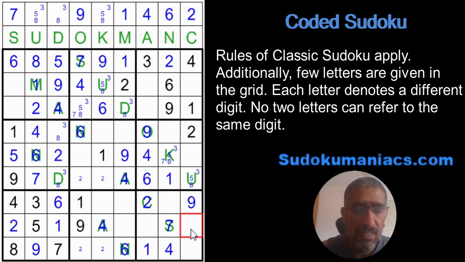6, 6. This is a 6 by classic rules. Also, K cannot be a 7. So this is a 7 by classic rules because the 7 cannot be here. Neither is U a 7. This is not 7. 2 places for 7. We'll leave it at that. What now? So this is a 3, 7 pair. 3, 5, 8. D is a 3, 8.